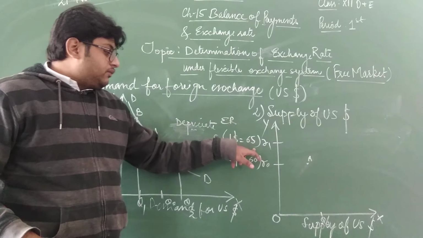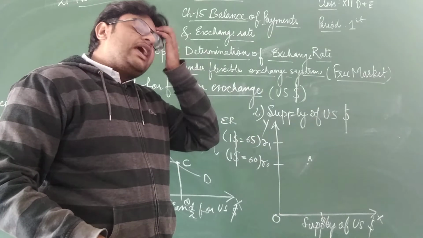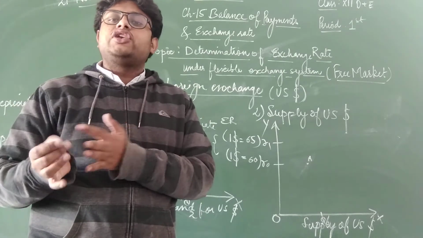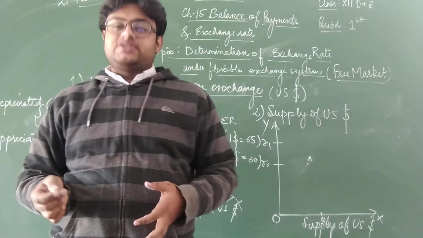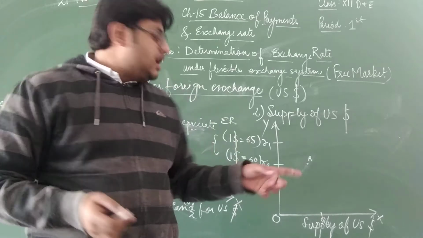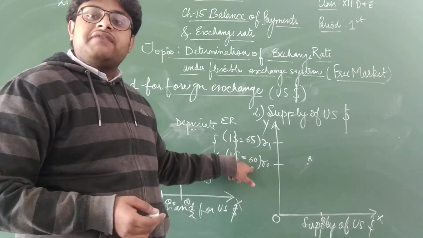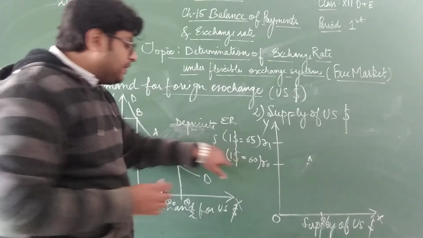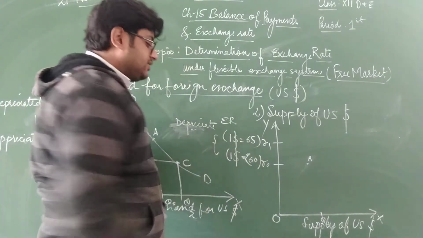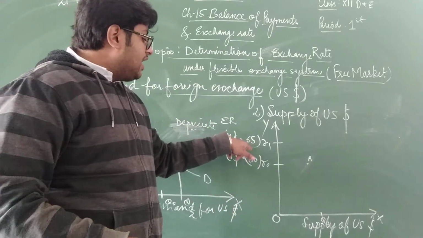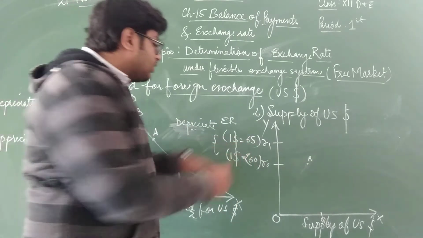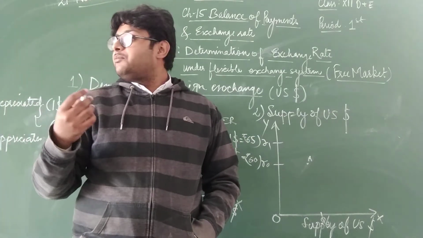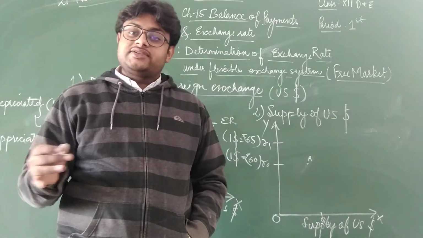See, when this situation happens, major supply of the US dollar happens due to the exports. That means when we export goods. Before, we were exporting a good of 60 rupees at US $1. And now we are able to export a good of 65 rupees at $1. So this is a beneficial situation for exporters.